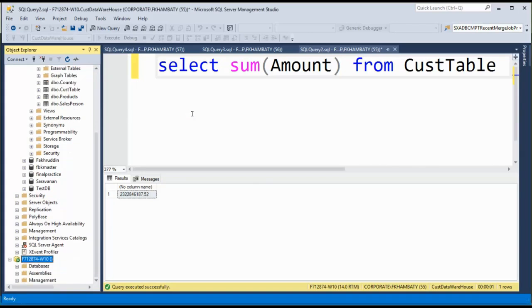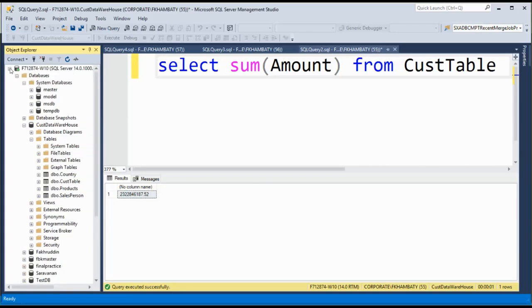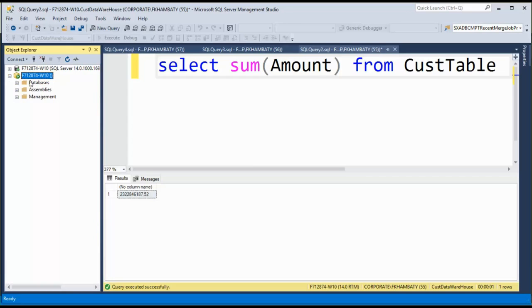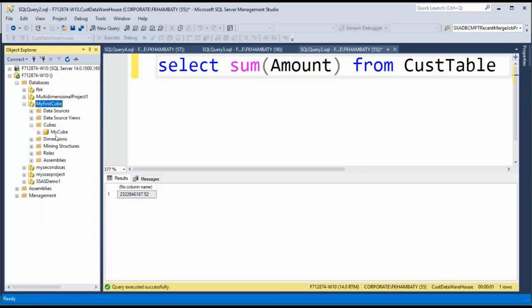It's connecting, and the moment I connect it, you see analysis services. Look at the icon, the difference. The first one is the database engine that we had created too. It's some kind of a cylinder, and when you click on analysis services, it's some kind of a cube over here. And under that, we have some databases. These are basically the ones that I had created. My first cube is something that we created just now, under that, my cube.